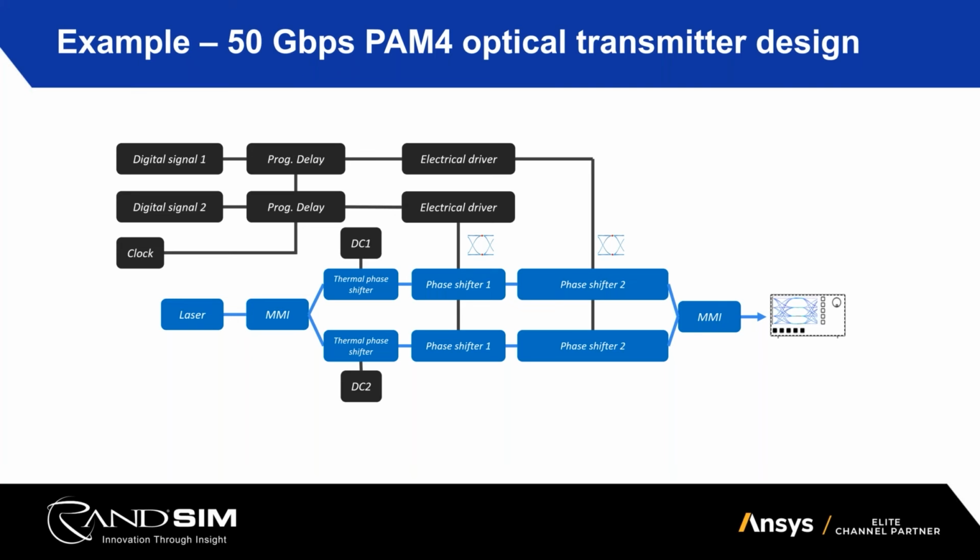If you see, the black boxes here are the electrical parts of the circuit, which is basically a CMOS driver, and the blue part is the optical transmission link. So the photonic phase shifters there are just building the modulator. Later on, we will use a ring modulator as an example because it's easy to build, like the Mux